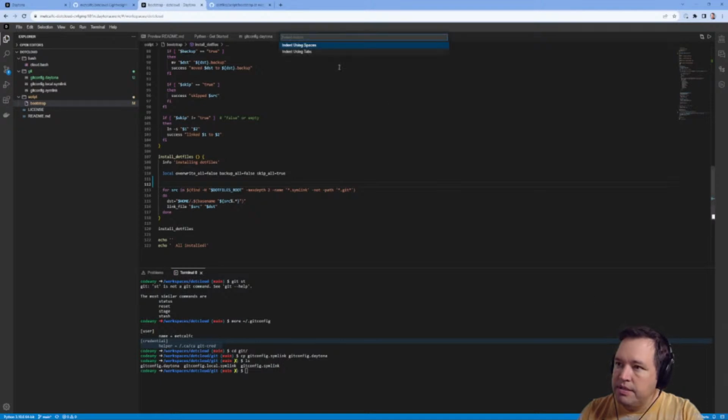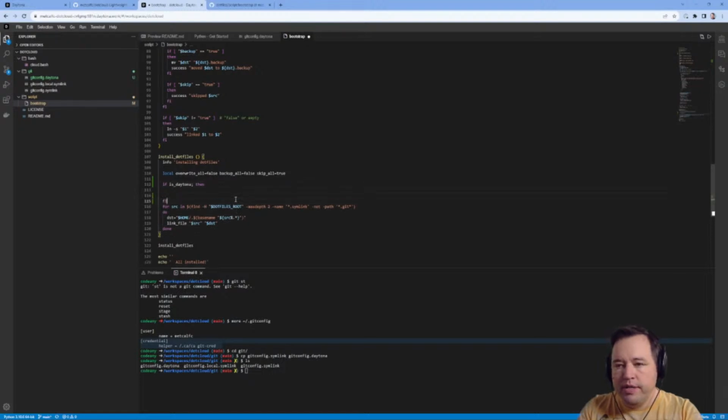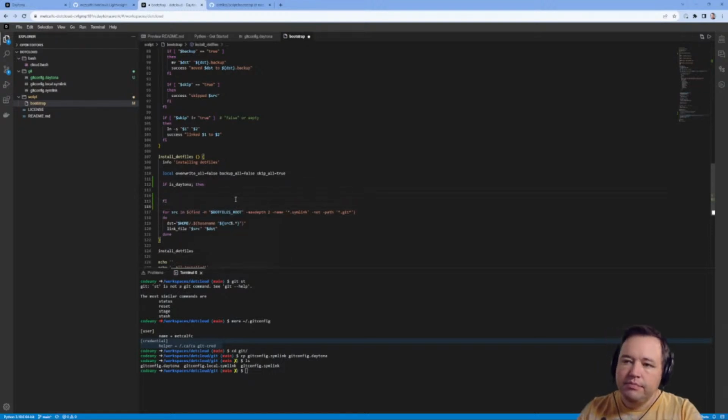We're going to change spaces, using 2 spaces. We're going to say if is Daytona. So if we're in Daytona, then what we want to do is